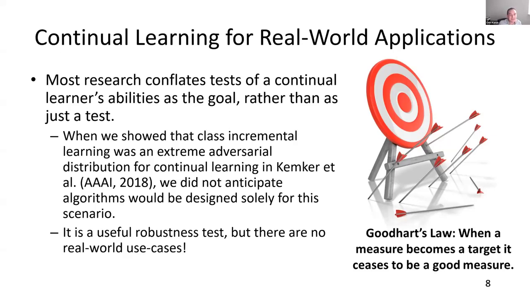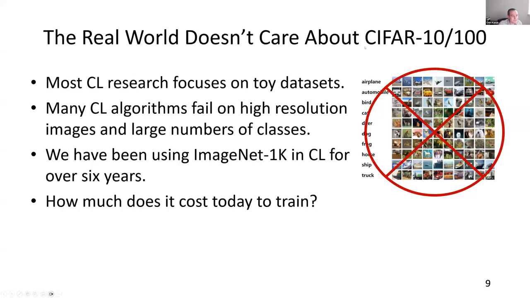But when in the real world are you going to have only data from new classes arriving? That would be very unusual, and I don't think you can necessarily expect that. CIFAR-10, CIFAR-100, or even Mini ImageNet and things like that. If you can't scale to high resolution images, or whatever your modality is, in a large number of classes, it's probably not very useful. We've been using ImageNet here for over 6 years, so I really don't understand the arguments